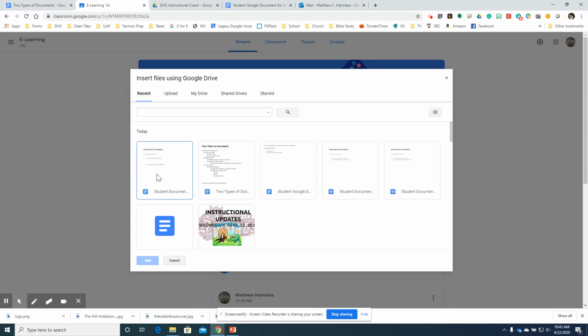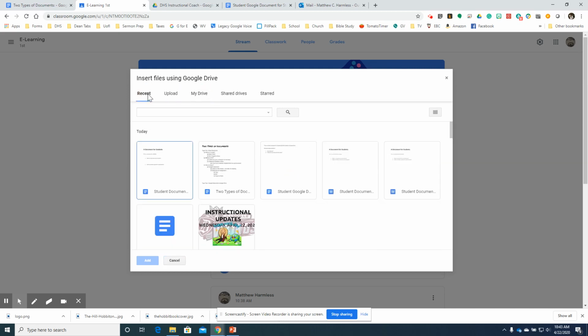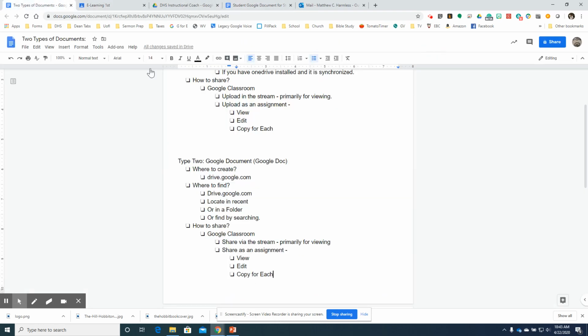There it is right there. It's under the recent. There it is. You can also search through folders if you have documents you've had in there for a long time. But usually I have the ones that I'm looking for recently, and I can click that right there, and it'll be good to go. So I can click this and click Add. And there it is, Student Document for Students. So there's a final way to share